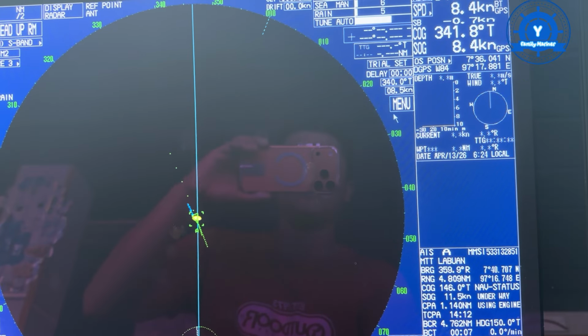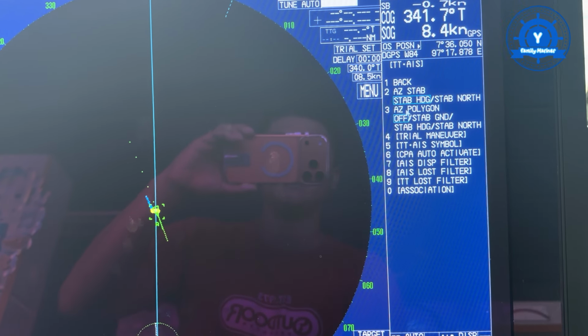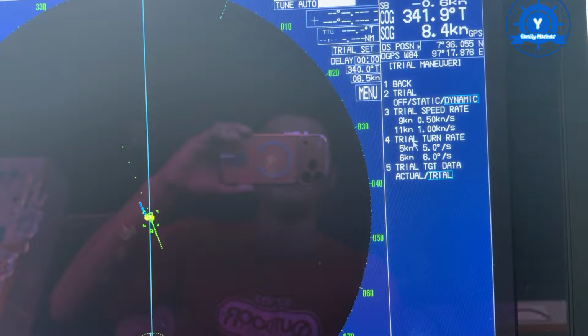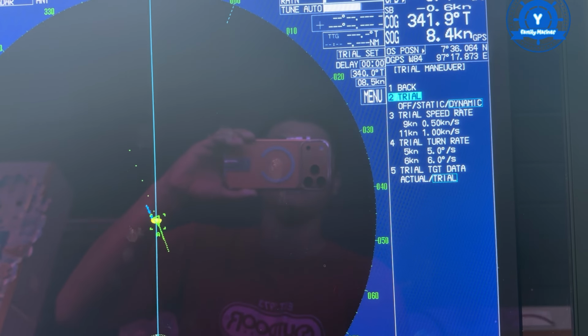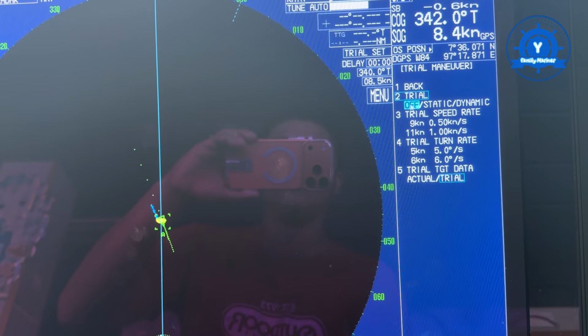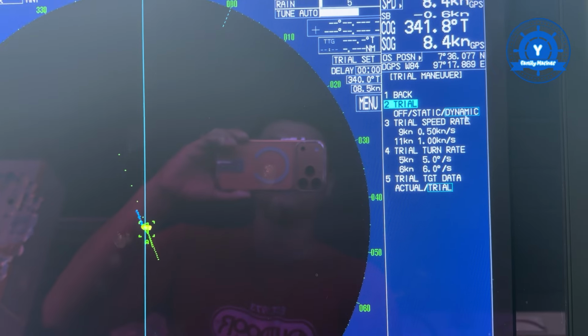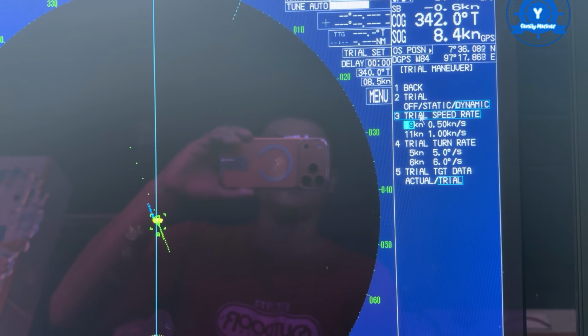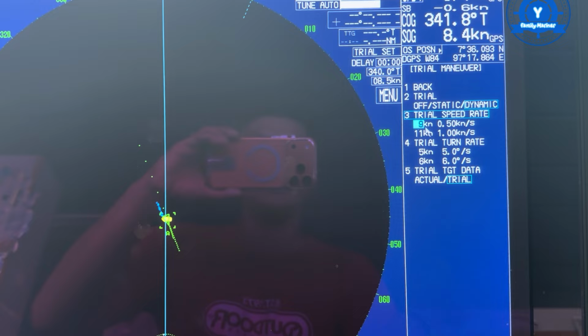So first we go to menu, and then there is the target EIS. Target EIS has the triangle maneuver. Triangle maneuver has the triangle of static and dynamic. So now I choose dynamic, and then the triangle speed rate. Triangle speed rate is also like that, for example, 10 knot,